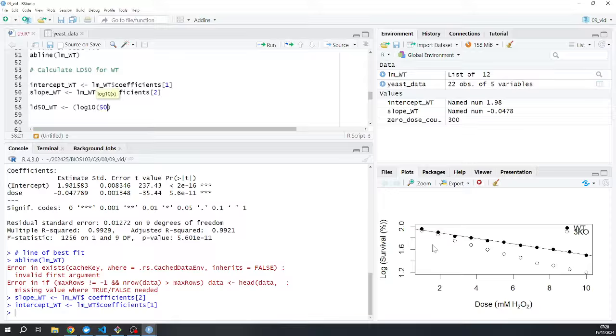Which is about 1.7 on my graph, right? And then that's kind of your Y value. To get the X value, I then need to subtract the intercept coefficient. I need to divide by the slope. Okay, if I run that,